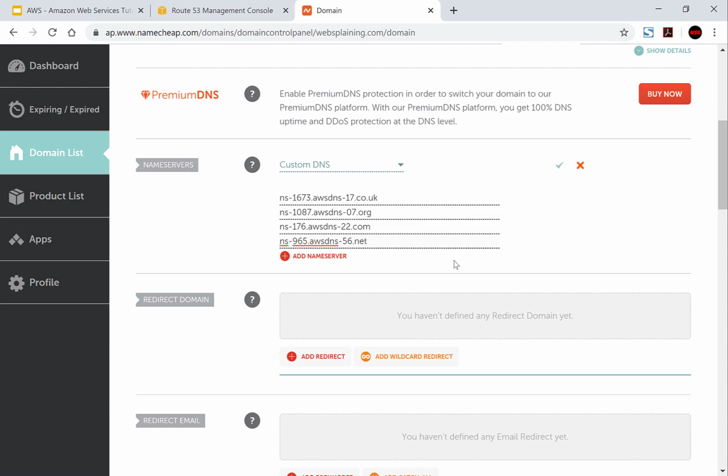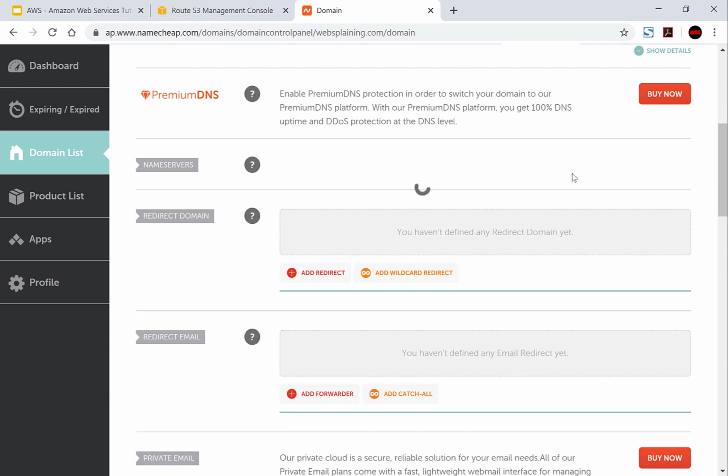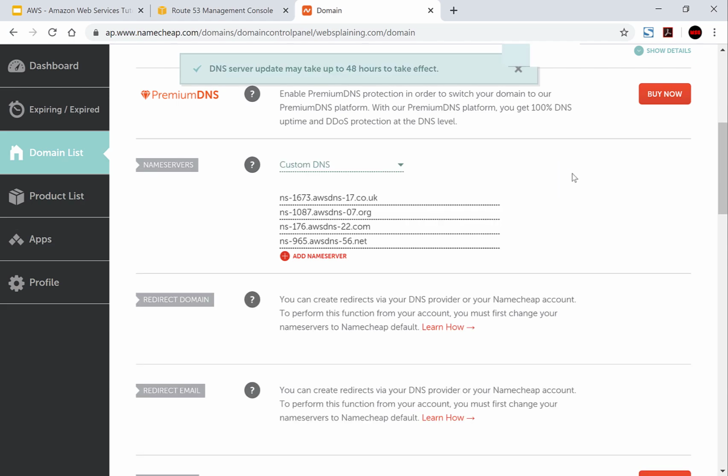Okay, now that you've copied all 4 AWS name servers, you'll want to save it, hit the check mark here. And now you're done configuring your Namecheap domain name. It gives you a little prompt here that says DNS server update may take up to 48 hours to take effect. So make sure you give your website plenty of time to propagate